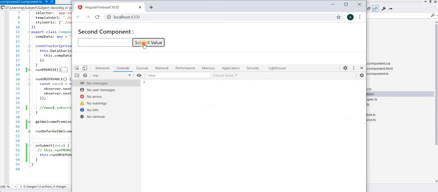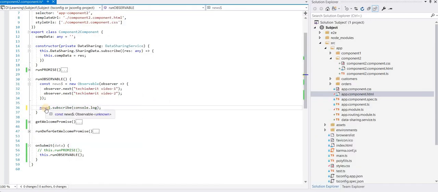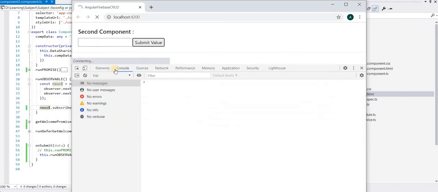As you can see, the output is not coming in the observable because we haven't subscribed to it. The data that is thrown by the observable, we haven't subscribed to that, so we are not able to see the output in the console. The time we subscribe to it, we can see the output. So they are lazy by nature. They give the output. See, Techie video.